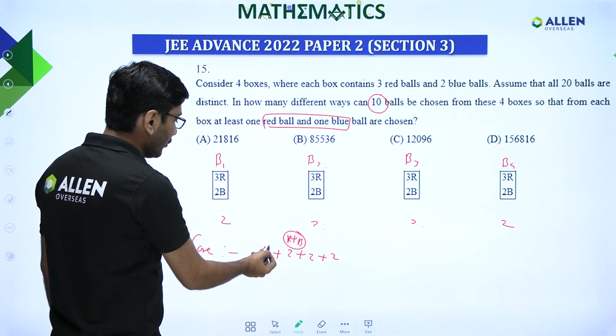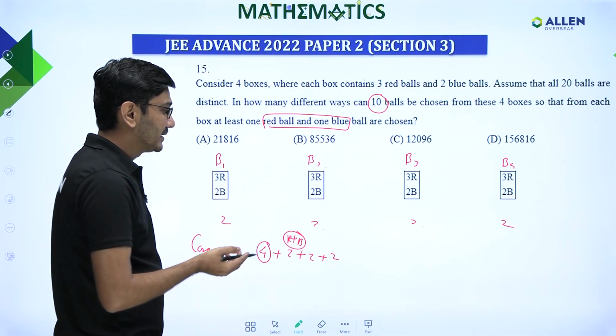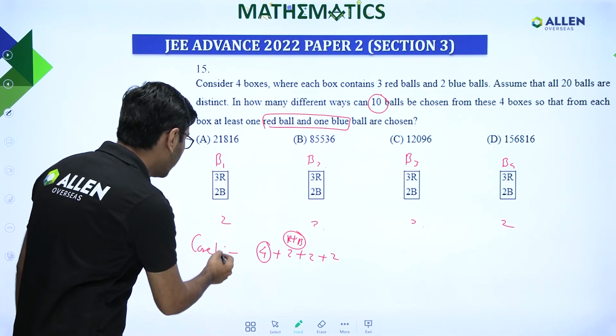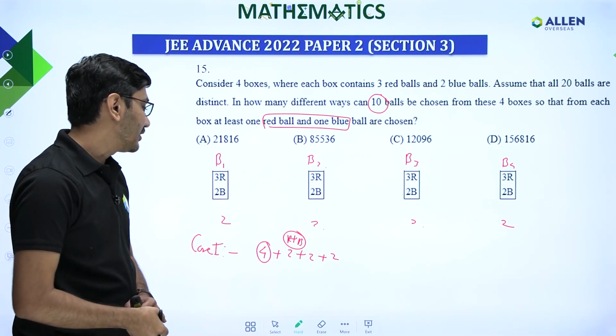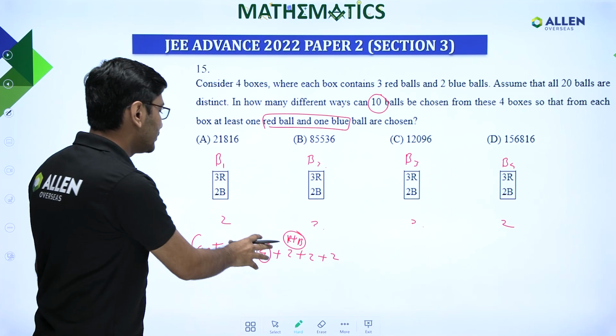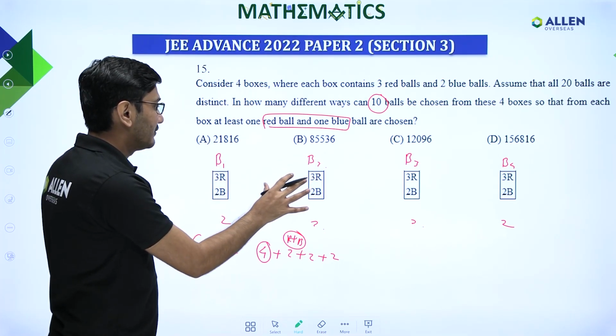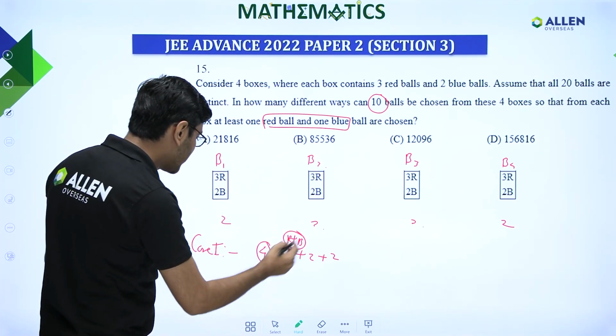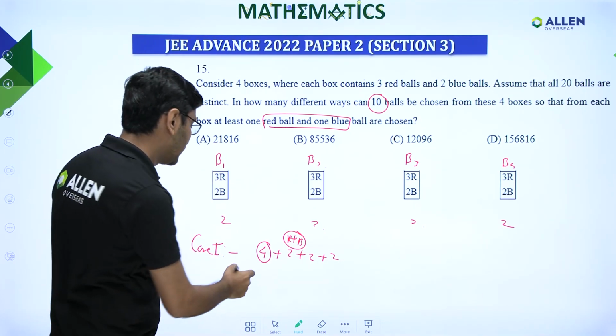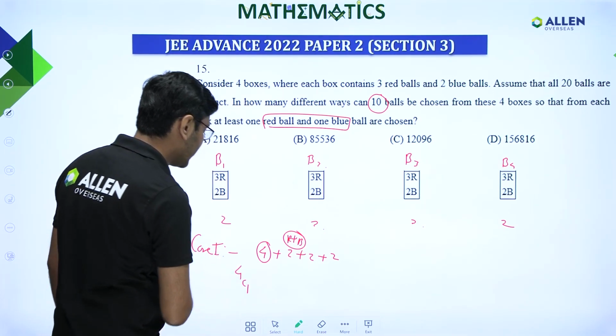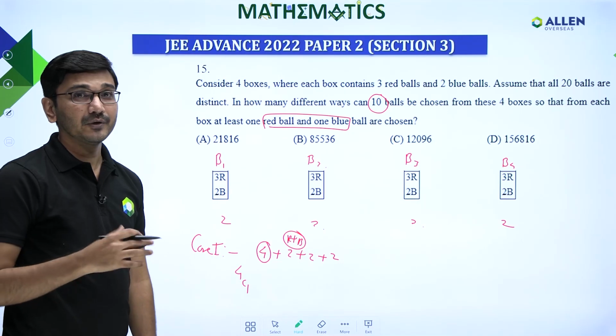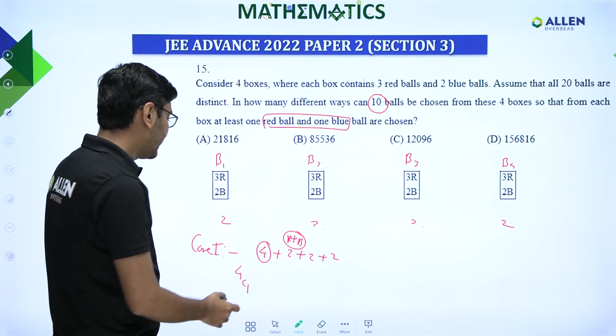But these 4 balls which I am choosing from one of the boxes, how can I solve this case? I mean, if I am choosing 4 balls from one of the boxes, we have actually 4 boxes. So, first choose from where you are choosing the 4 balls. That can be done in 4C1 ways. So, you have chosen the box from where you are going to choose 4 balls, and after that,